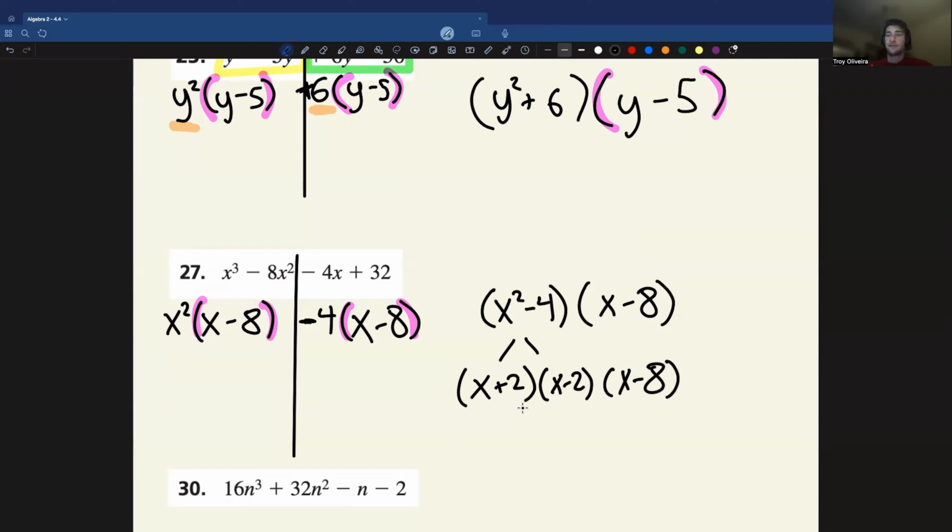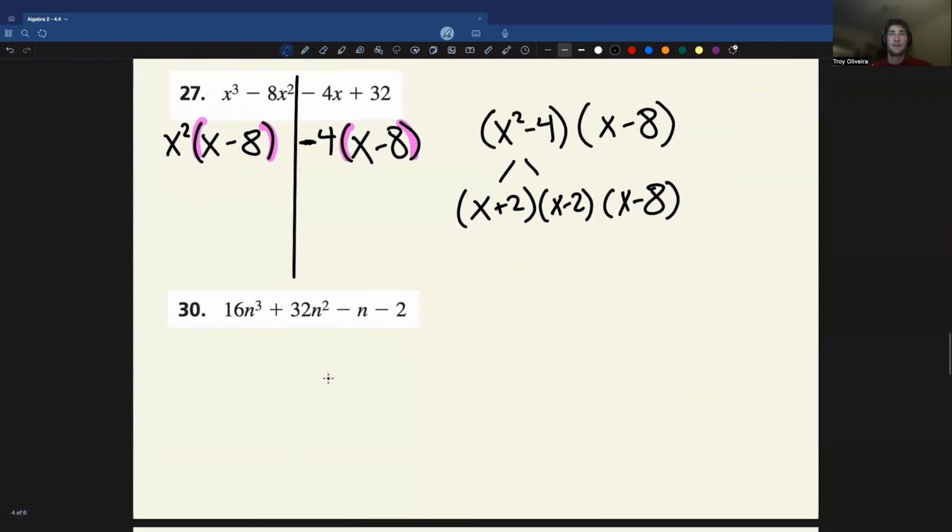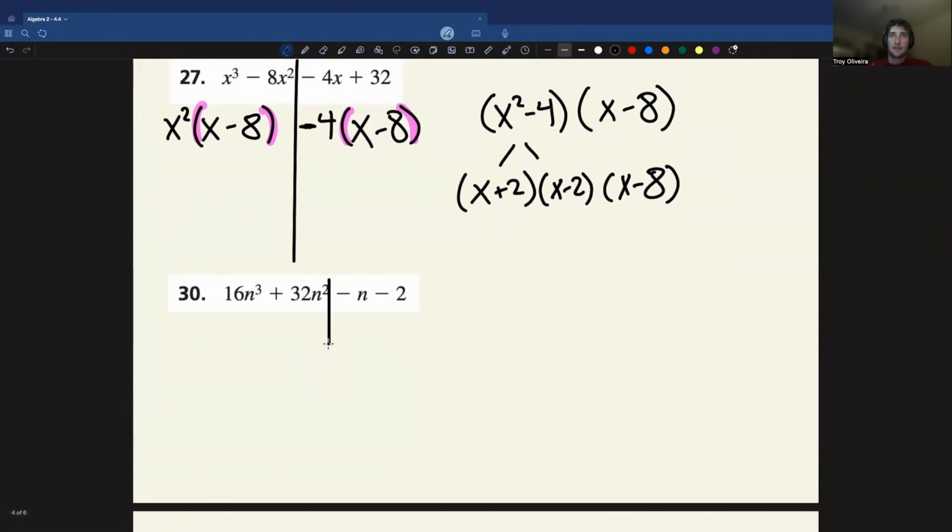And then that's still there. Okay, I'll let that one be an exercise to do on your own if you want. So 16n to the third plus 32n squared minus n minus 2. Not too different than the ones we've already done, except I think in this case, what's going to happen is,